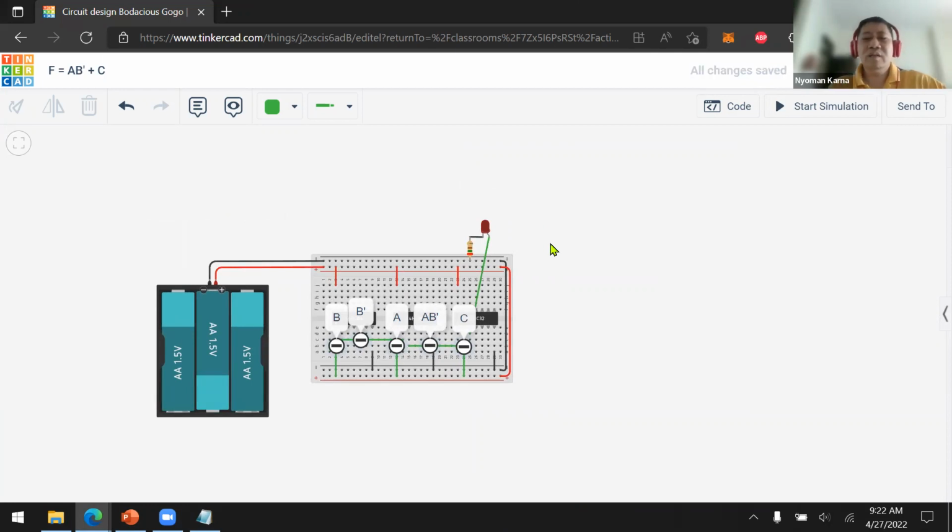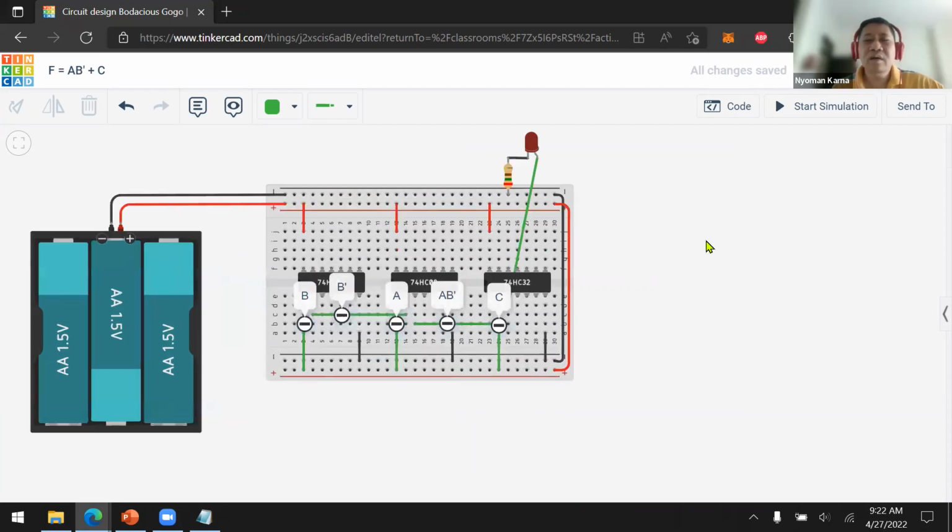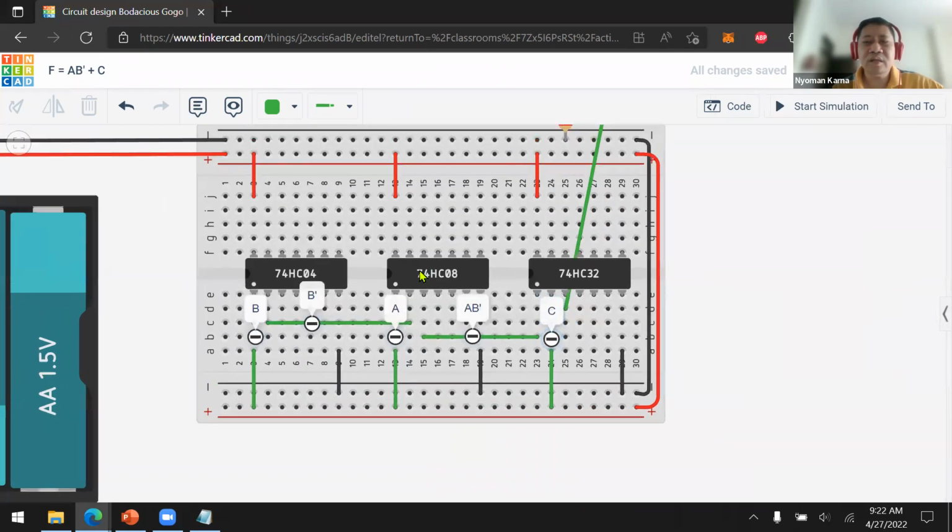But from here, we need 3 integrated circuits just to implement a simple function. AB naught plus C, we need 3 integrated circuits. Can we make it lower?